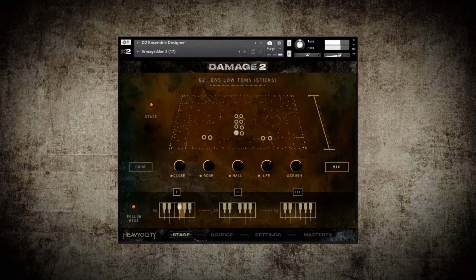Today we're checking out Damage 2 from Heavyocity. Brand new Kontakt instrument for cinematic drums that is absolutely phenomenal. Let me throw some numbers at you real quick. It's a 60 gigabyte instrument, over 41,000 samples from